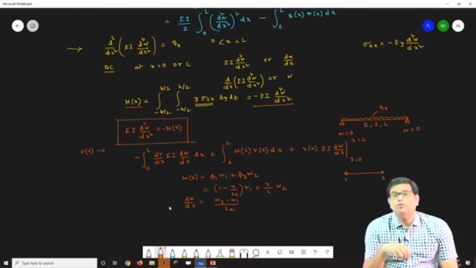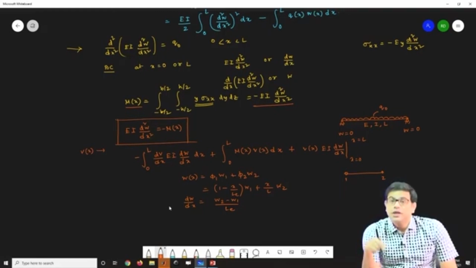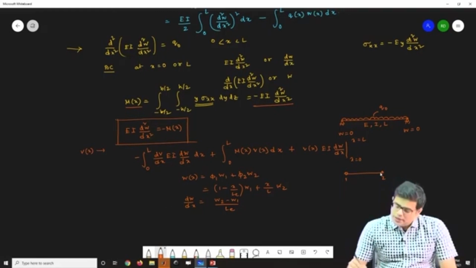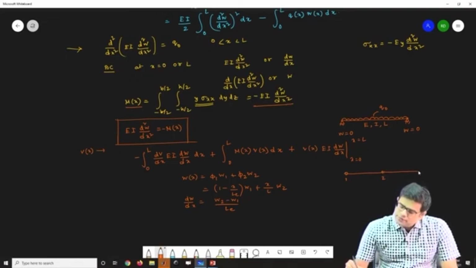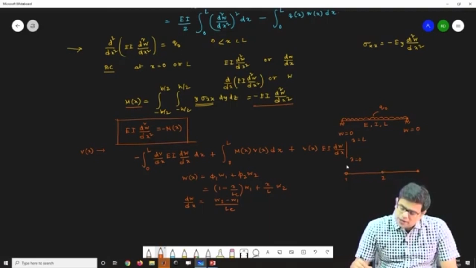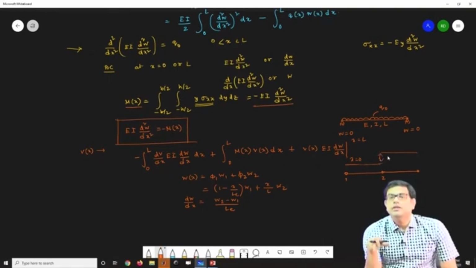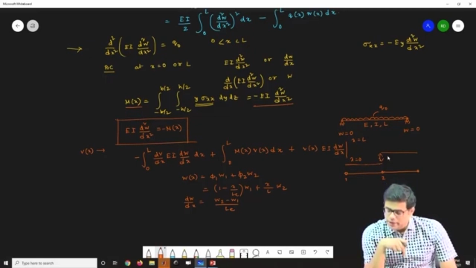So this is my slope, which actually violates the Euler-Bernoulli theory, because it requires slope continuity. That means at these 2 points the slope has to be continuous. So if I just draw my slopes here, from one element the slope could be this, from another element the slope could be this. So there is a jump in it. So this jump is violating the Euler-Bernoulli theory. Because of this we cannot use this type of approximation,